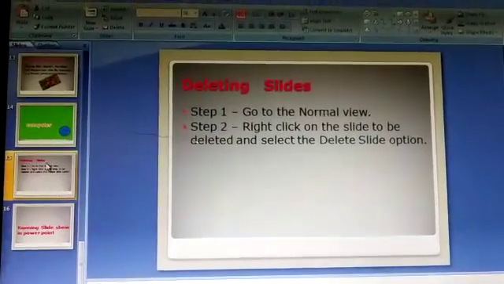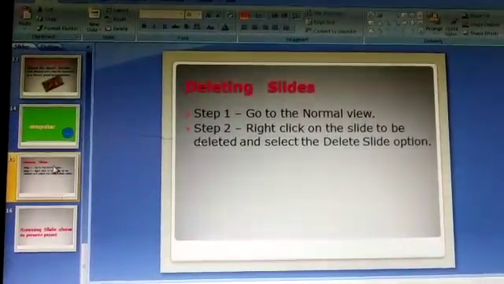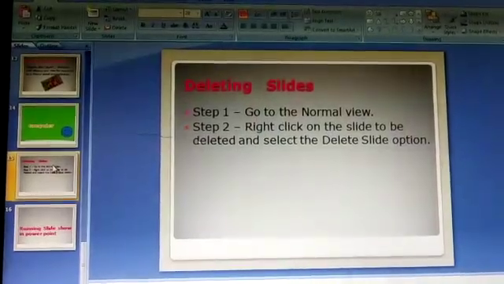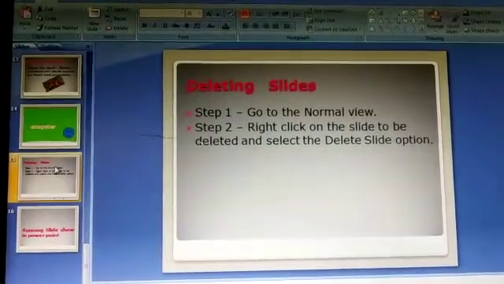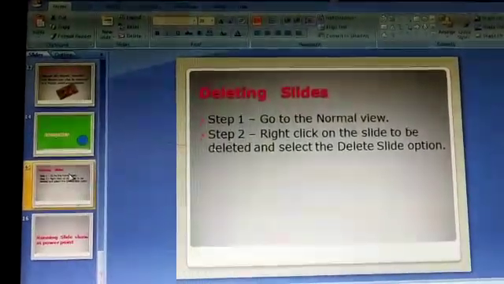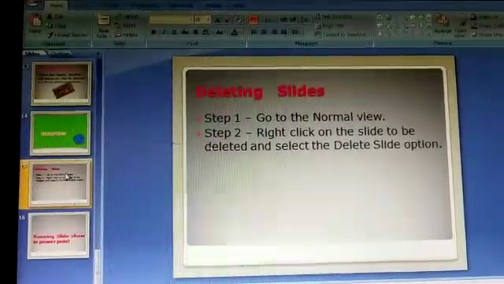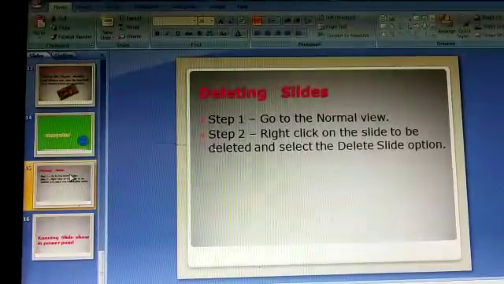Next is deleting a slide. Suppose, students, you want to delete a slide. It is very simple to delete the slide. First go to the normal view. Now this is our normal view. Then right click on the slide to be deleted and select the delete option.